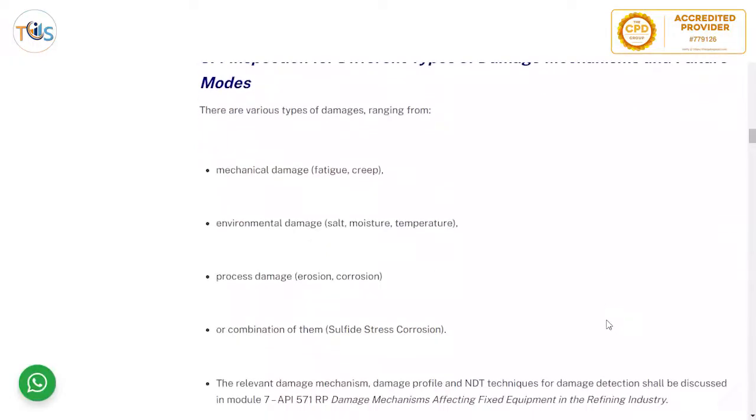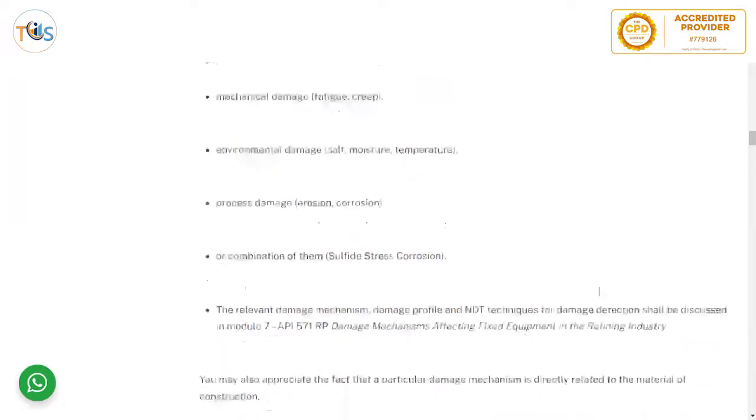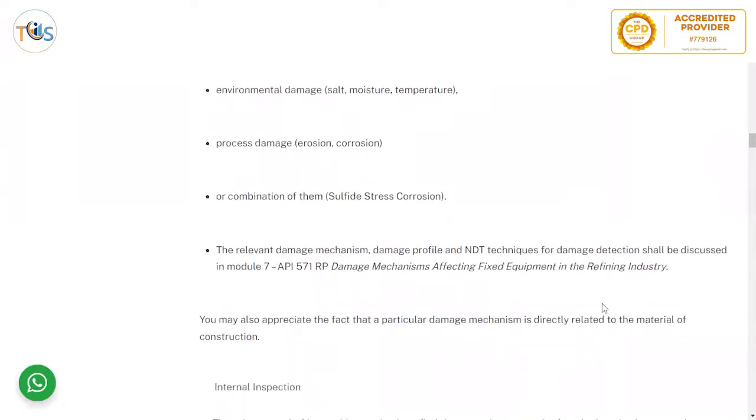Inspection for different types of damage mechanism and failure modes. There are various types of damage mechanism ranging from mechanical damage such as fatigue and creep, environmental damage, salt, moisture, temperature, process damage, erosion, corrosion, or combination of them, sulfide stress corrosion. The relevant damage mechanism